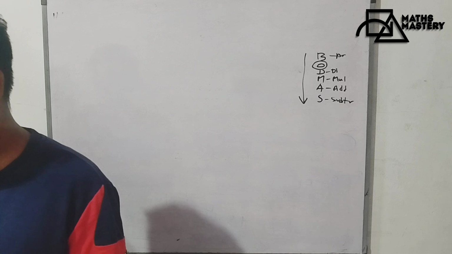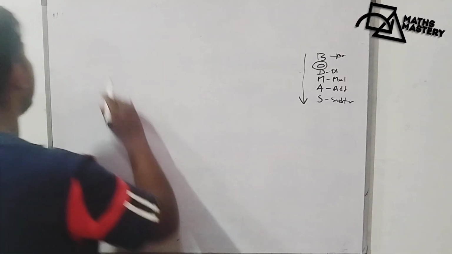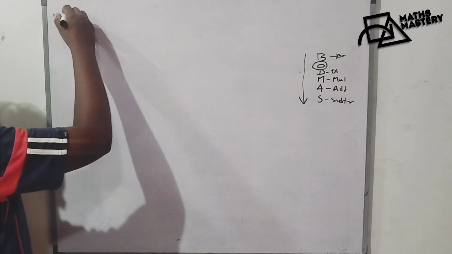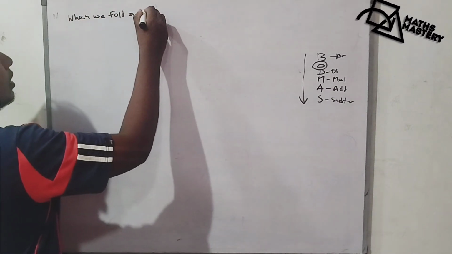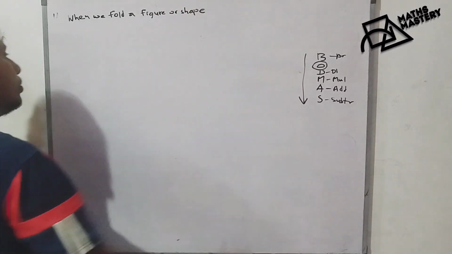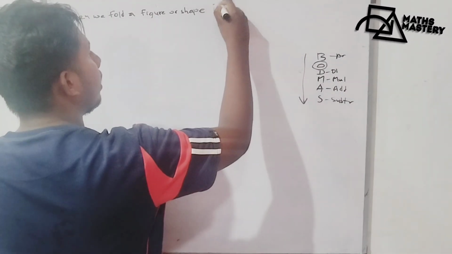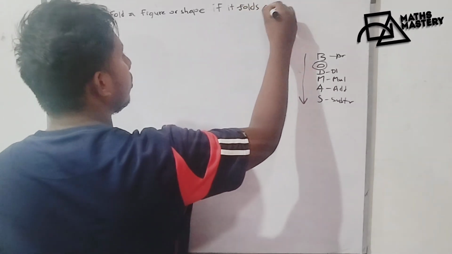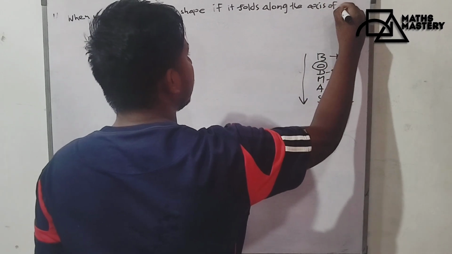One, what is a bilateral symmetric plane figure? They are asking the definition. What is the definition of a bilateral symmetric plane figure? So when we fold a figure or shape, if it folds along the axis of symmetry,